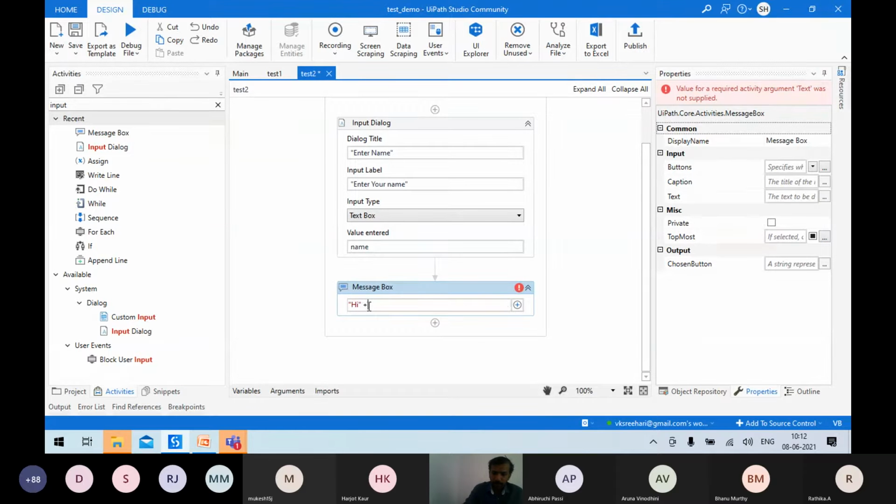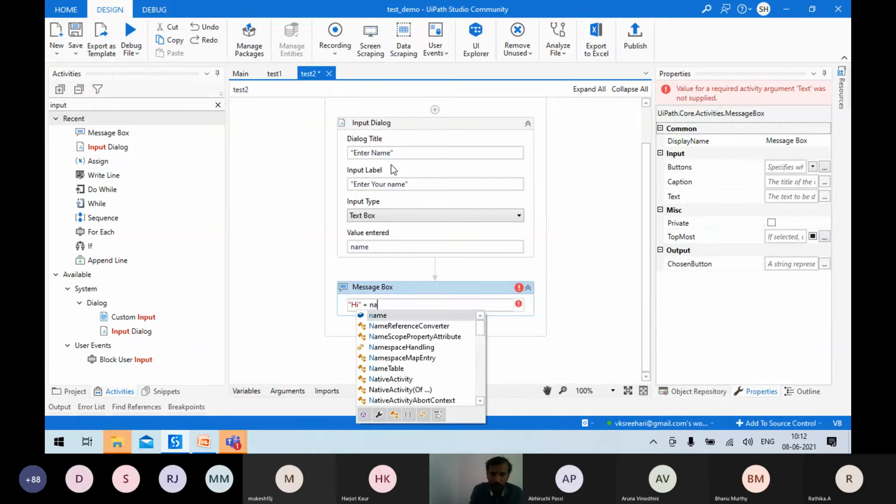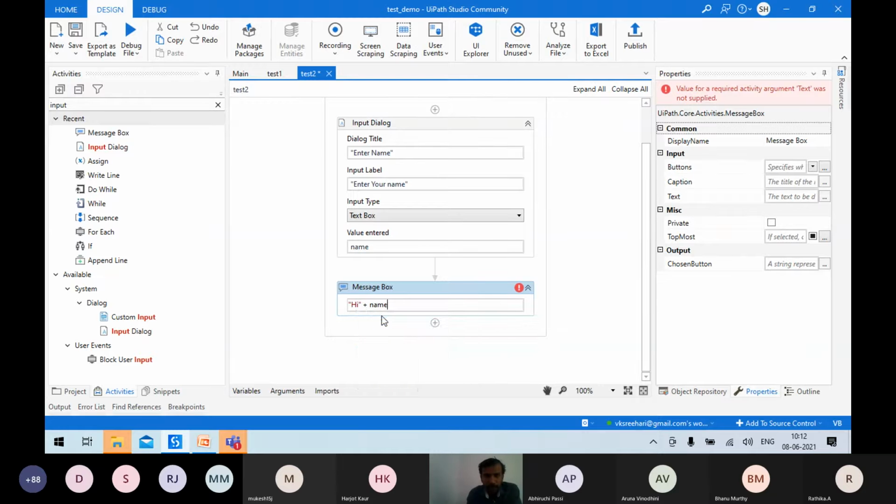I'll put the plus sign, leave another space, and give the variable name which I've declared here. I've declared only one variable, name. When you type NA, the variable you have created will be listed down here. So hi plus the name, leave another space, put a plus over here, and then the message, welcome to UiPath.